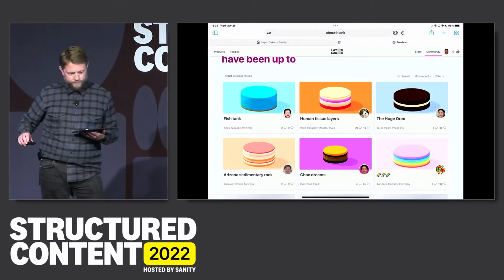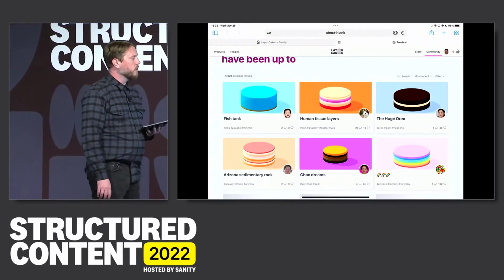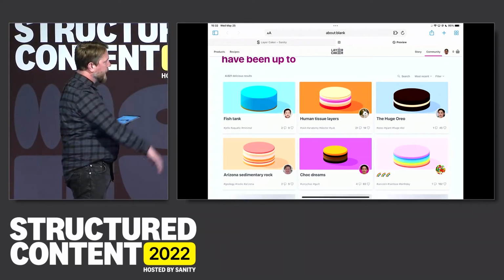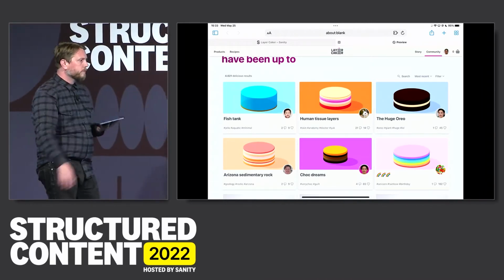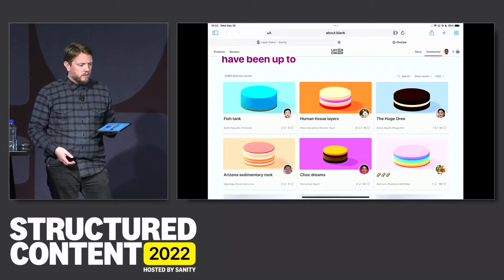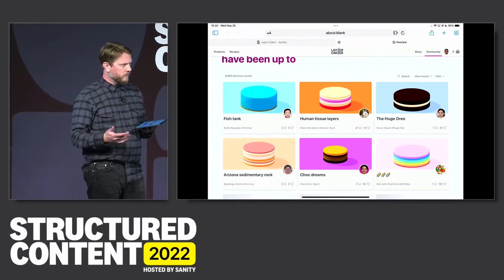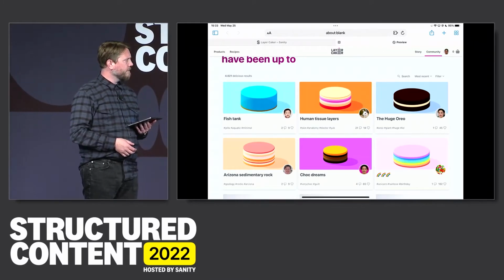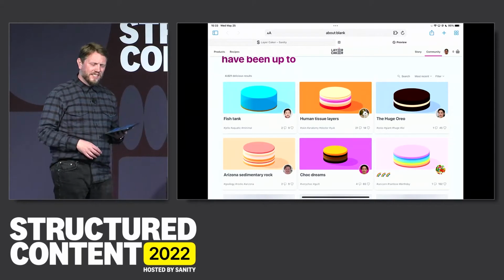So, we're starting to grow out of this hole in the wall in Hayes Valley now. We're selling a lot more cakes, not necessarily all of these, but maybe we want to. So maybe we need to scale up into a factory now. We've become a big business. We need a factory. But can a factory be structured content? Does that make sense?